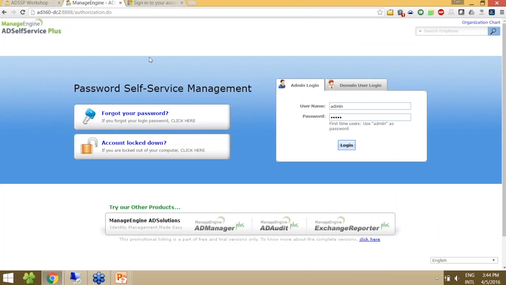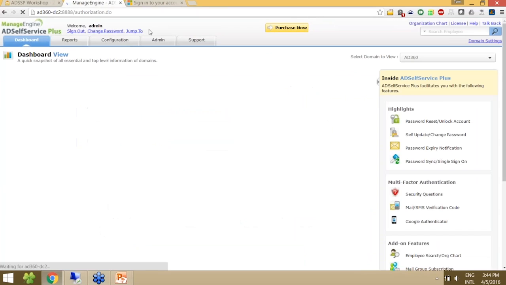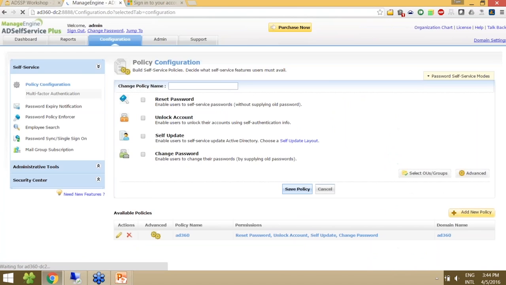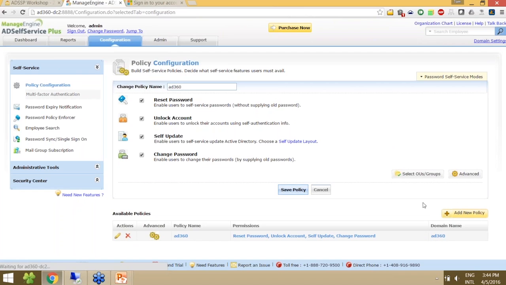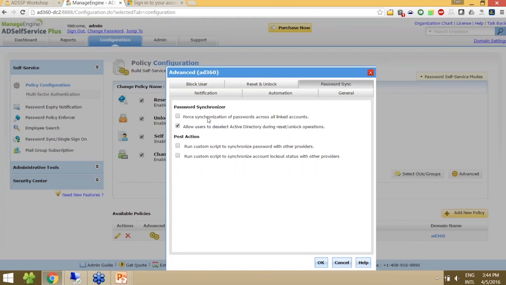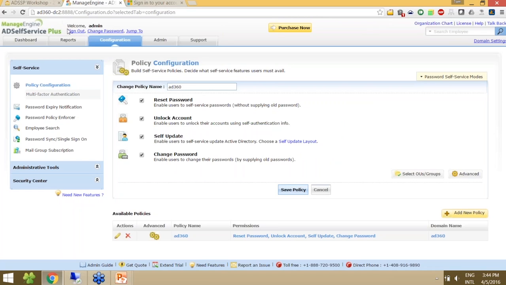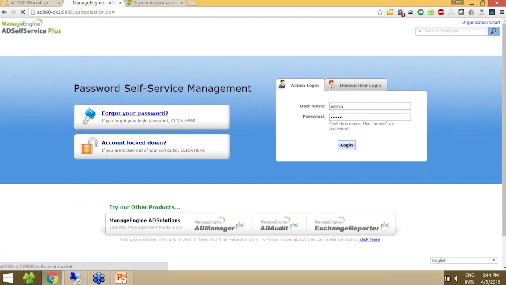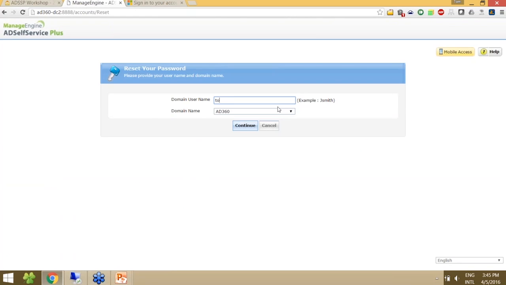Now we shall see how the administrator will force all the users to change the passwords of all their accounts, including AD, without giving them an option. For that, we need to log in as the admin, go to the configuration page. Under policy configuration, we have the advanced settings, and under password sync, we have the forced synchronization of password across all linked accounts. When you click that, the other one will automatically be disabled because they contradict each other. So I just click OK, sign out, and try resetting the password a second time. This time I'm going to type the same user, Tom Joes,